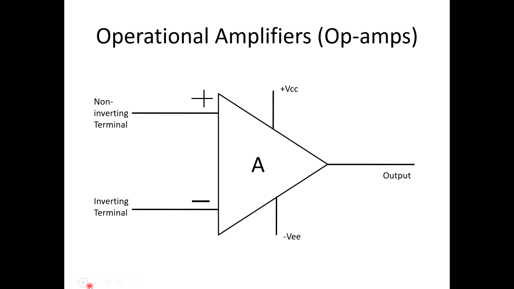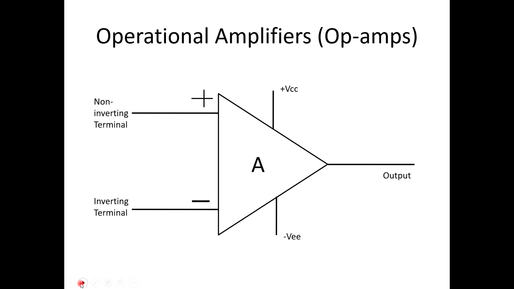So this was the basic symbol of the operational amplifier. That is, it has an inverting terminal, it has a non-inverting terminal designated as minus, plus, capital A. What does capital A mean? It means the open loop gain, that is the gain of the amplifier. Plus VCC is the positive supply of it. Negative VEE is the negative supply of it, and the output is measured over here at this terminal. So operational amplifier: two terminals, non-inverting terminal positive, inverting terminal negative, open loop gain A, and the output V out